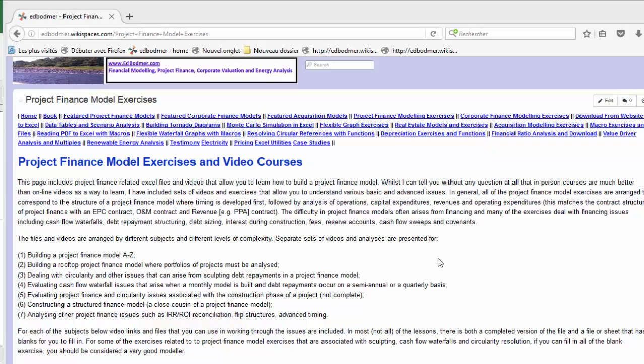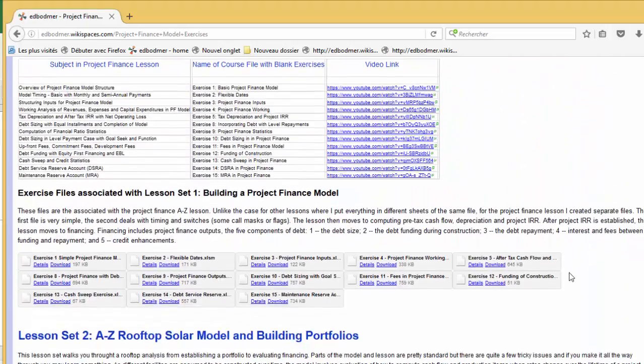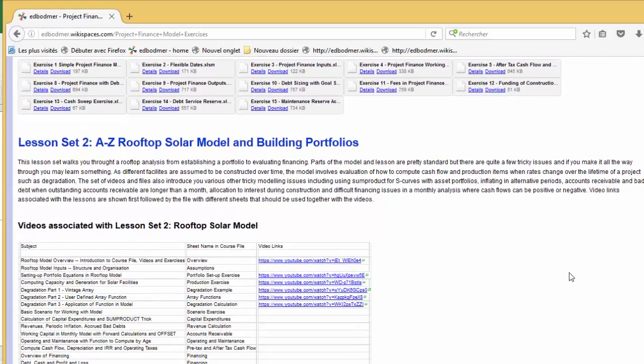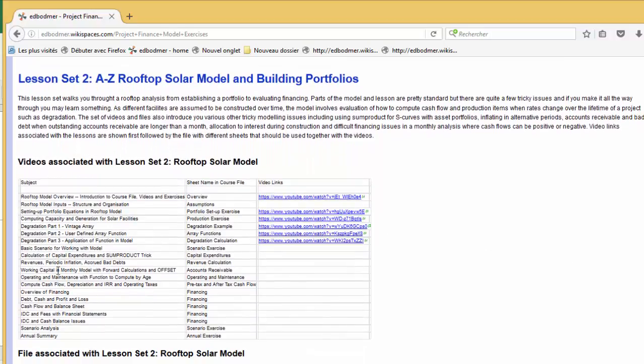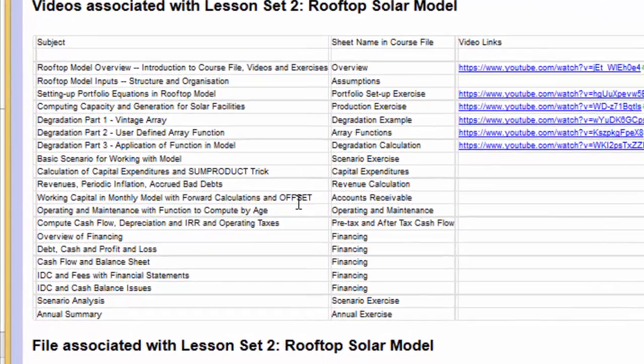Now the lesson on the rooftop model is going to move to working capital. Okay? And working capital sounds like it's a boring little thing, but actually it's one of the more complicated parts of this analysis. Of course, working capital is important in all sorts of different